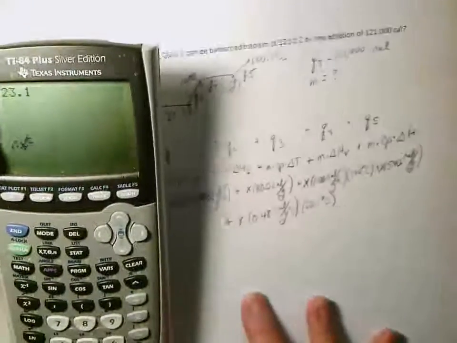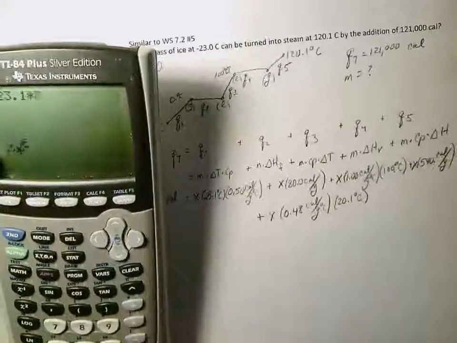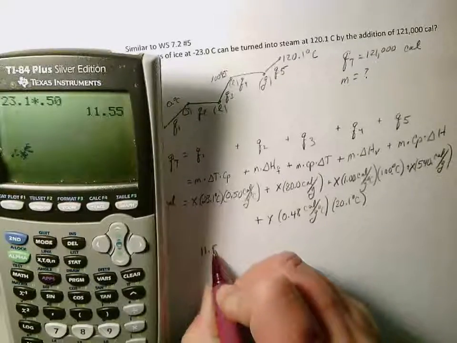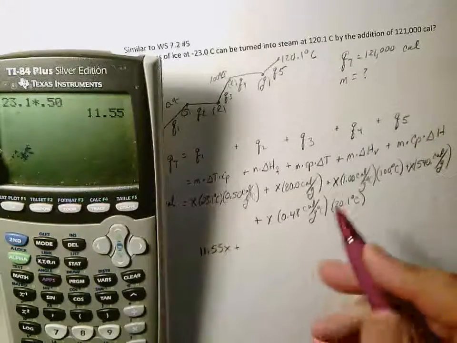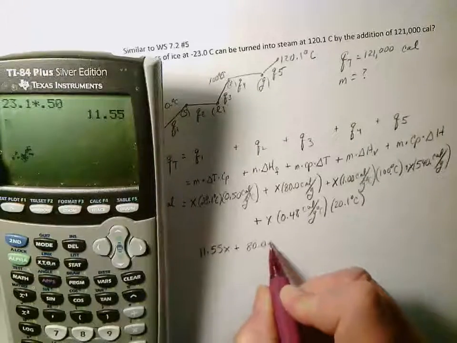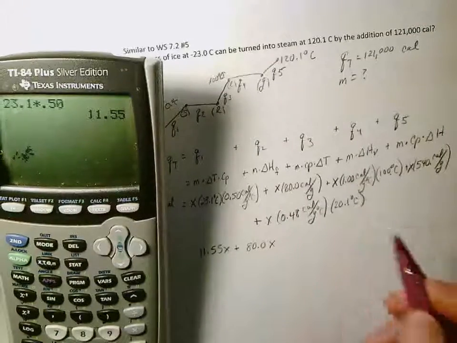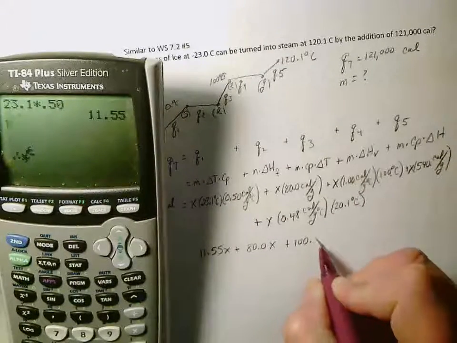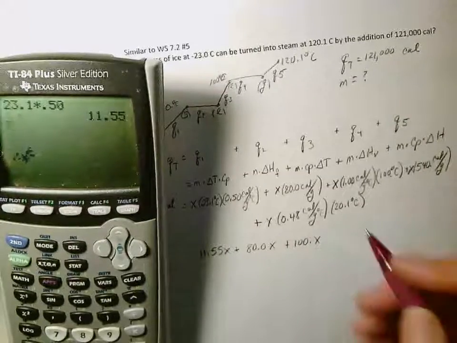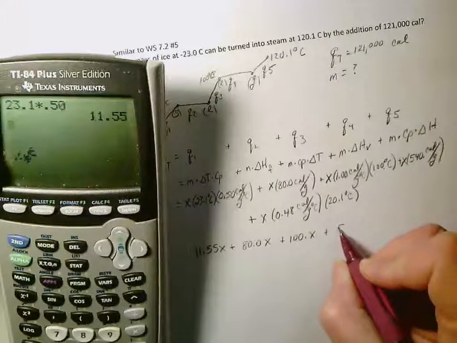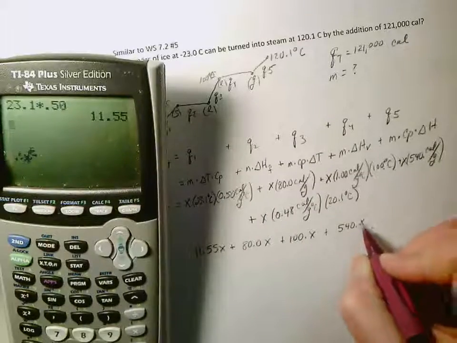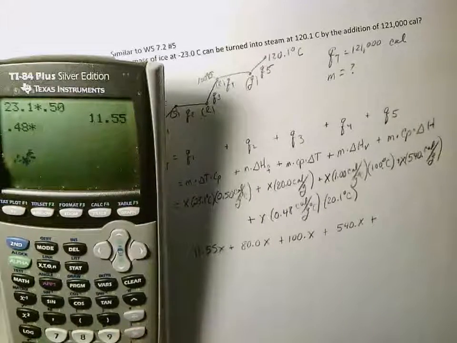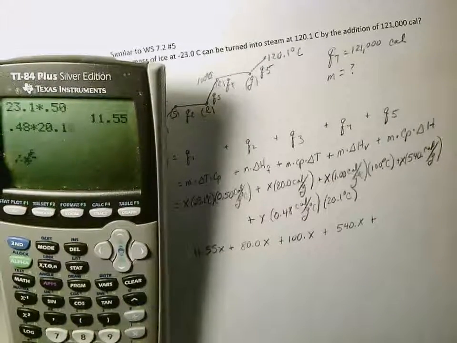Okay, 23.1 times 0.50 equals 11.55x plus 80.0x, because there's just two terms. 1 times anything is just that number, so it's plus 100.x, and then plus 540.x plus 0.48 times 20.1